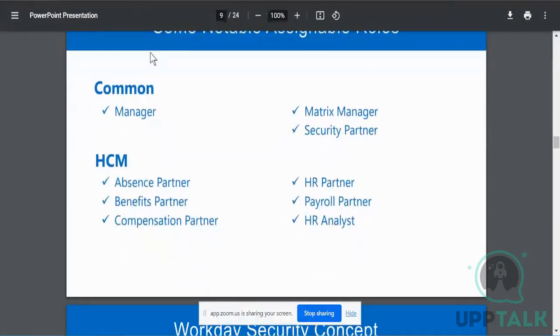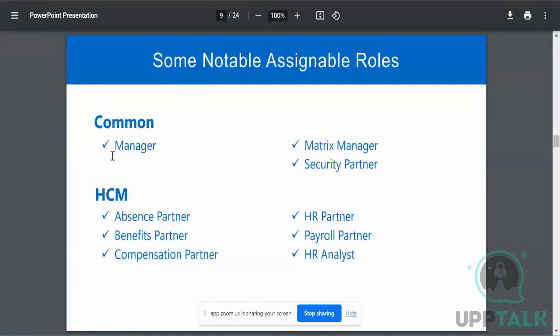And next, the common roles which we may have assigned over here could be a manager, matrix manager, security partner, very common ones. And in terms of user-based security groups, we may have so many, and I can have somebody like an absence partner. All of these are specific roles which I can assign either at a supervisory organization level or at a location level. Absence partners are usually assigned at a location level rather than at a supervisory organization level,